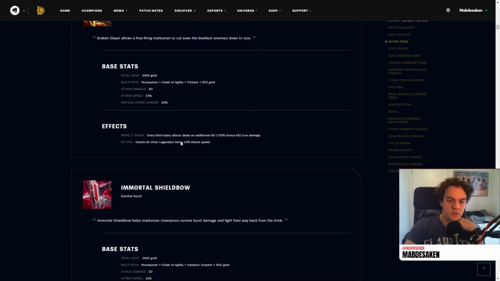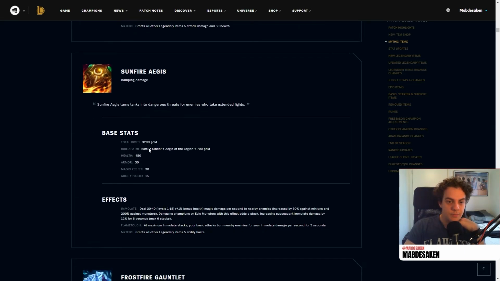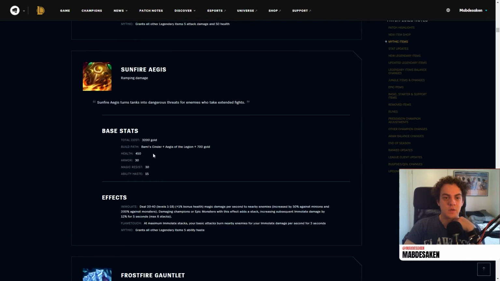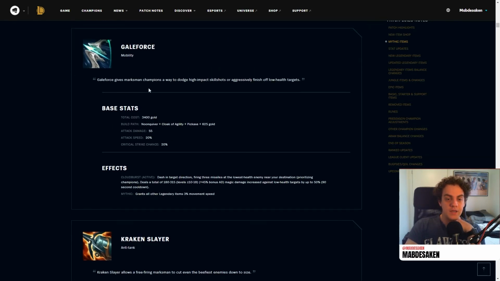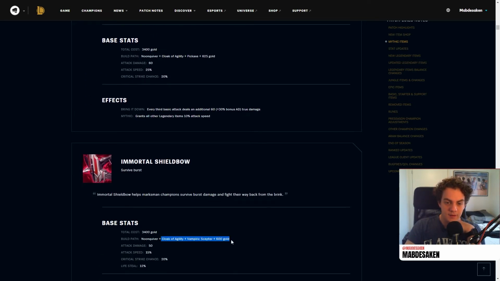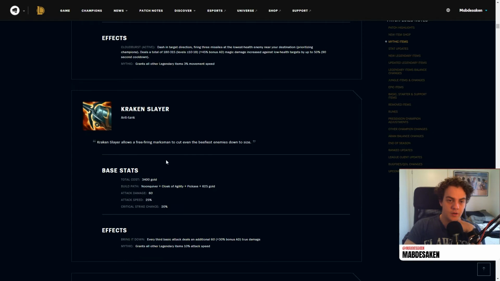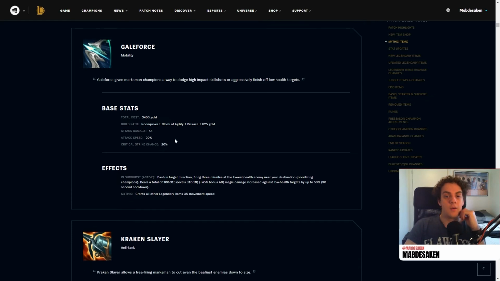I'm wondering, do all of the mythic items cost the same? They don't, but okay, so it depends on the class. So we have 3 mythic items for the marksman here, and they're all 3,400 cost, and they don't build the exact same. But for now, Kraken Slayer and Gale Force have the same build path. I'm not entirely sure what Noon Quiver does, or what the cost of Noon Quiver is, but